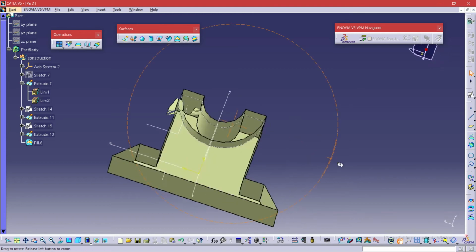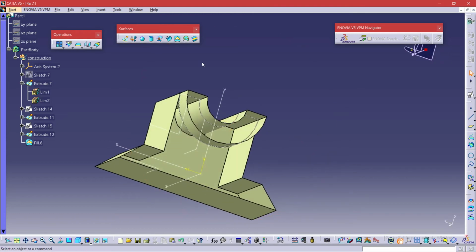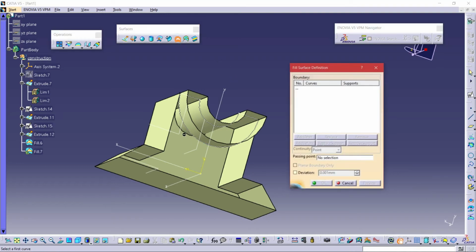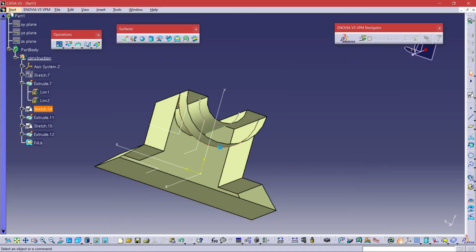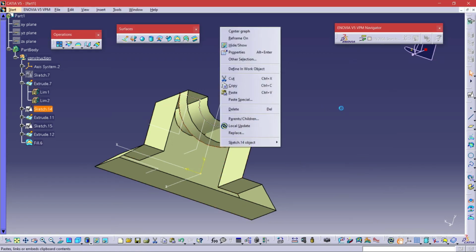You can see the fill command exit. You can see finally the product has been made and it has been represented in front of you. Now the fill command has to be used for the front section. As I told you, I'm going to start it from the curve itself, from the bottommost curve, and then I'm going to fill it up.